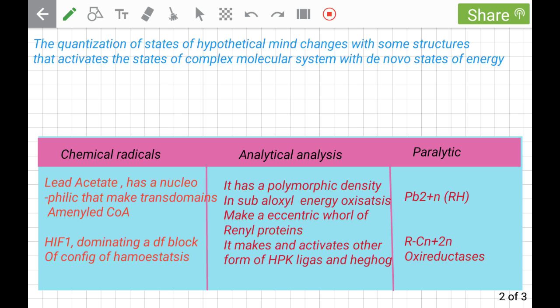The analytes would be the states of aminide group and also the states which have DAF2 chemicals. So chemical radicals which amidate themselves to form the circular energies would be from the de novo synthesis they have. The radicals overlap with each other to form a sigma bonding. So the bindings between the DNA and the F blocks would be the energy which communicate with each other at 1.22 density of energy. So the chemical radicals would be the lead acetate has a nucleophilic that make the trans